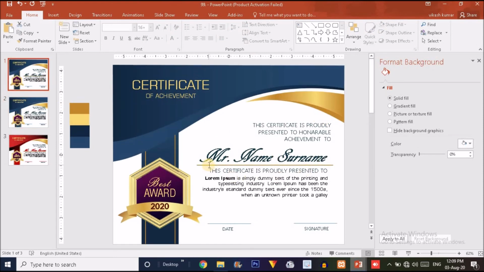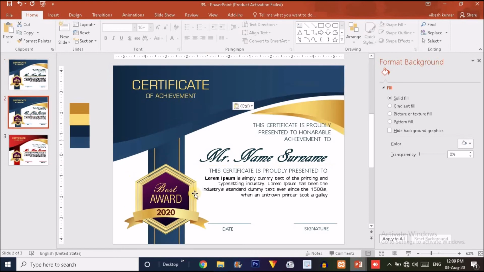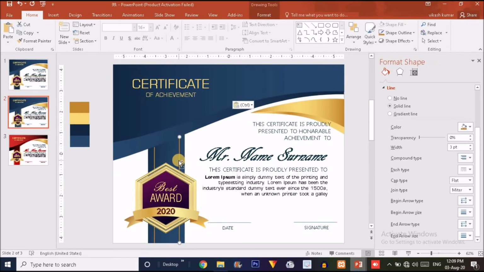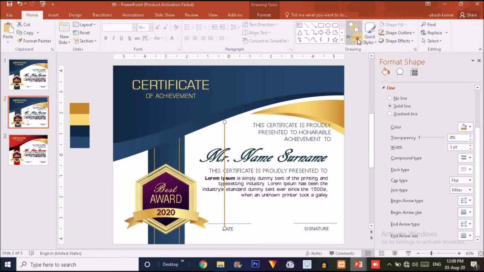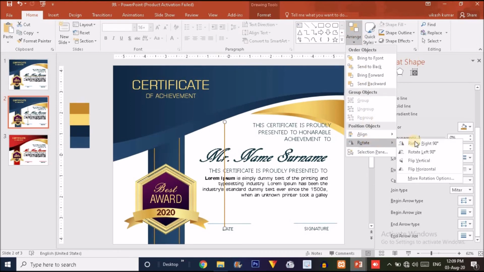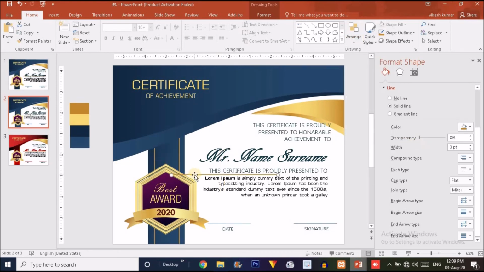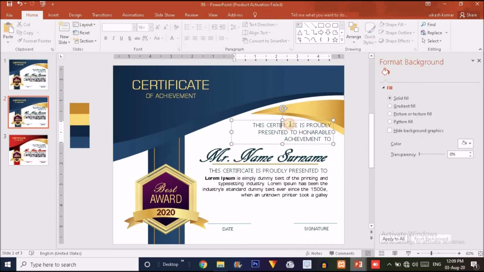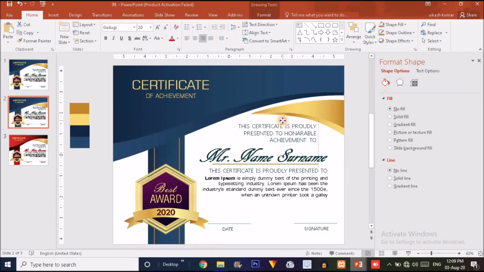So this is nothing but this particular line. So I'm going to copy it by pressing Ctrl D, duplicate this line and click on the rotate option and make it rotate 90 degrees right like this, and place this line over here just below the surname like this, and slightly we have to move this text over here like this.